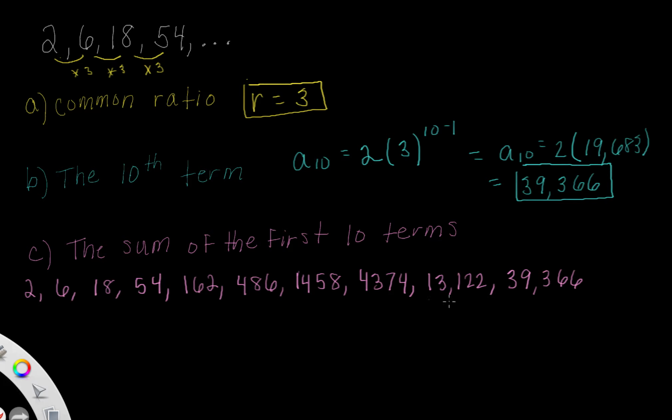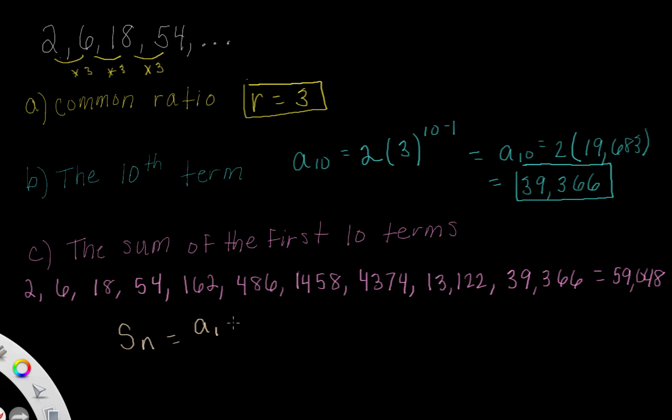And if you were to add all of those up, you would get 59,048. But you're not always going to want to do that. You're not going to want to take the time to list them all out and then turn around and add them all up. So we use the formula, the sum of a certain number of terms of a geometric sequence